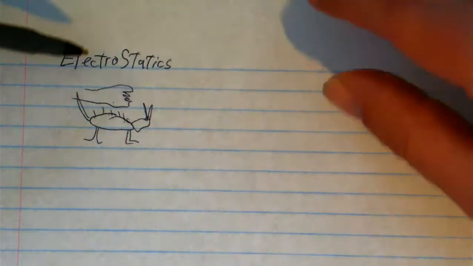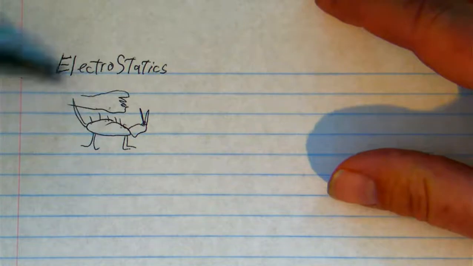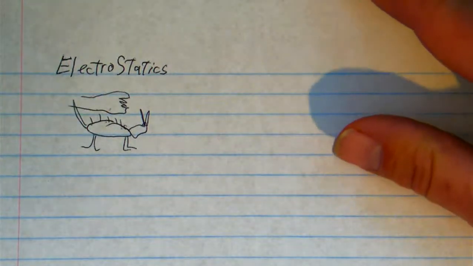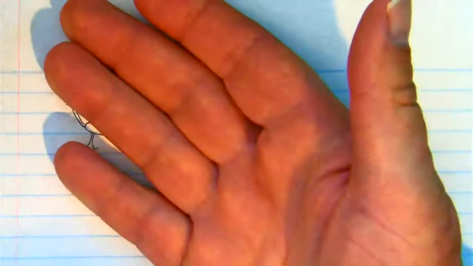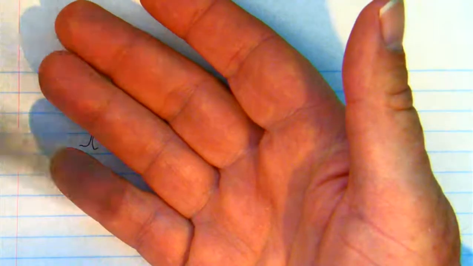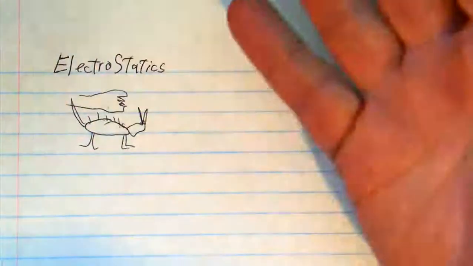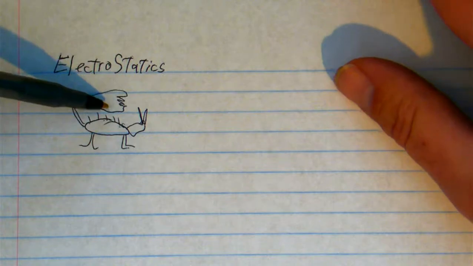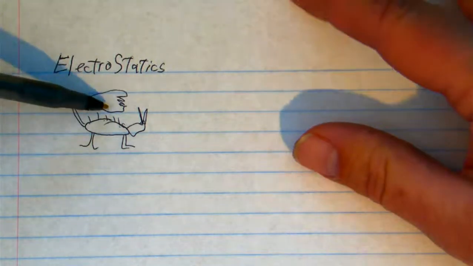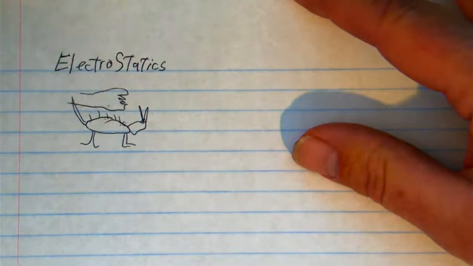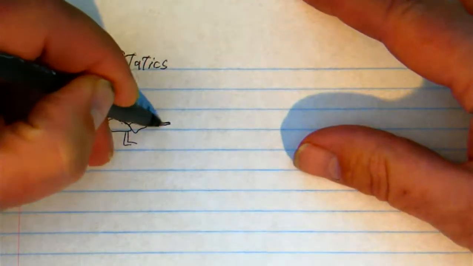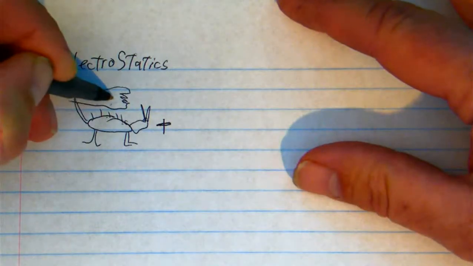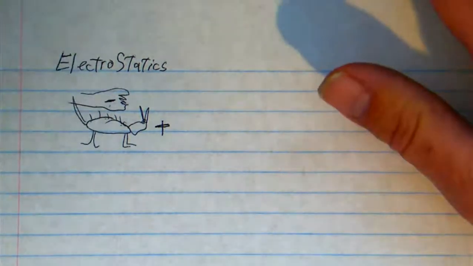All right, just before break, I was talking about America's first scientist and how he decided he was going to study this stuff. He imagined that there was some invisible particles on his hand. He could call it whatever he wanted. He could say that this was green and that was yellow. This was up and that was down. He decided that because he liked his cat, whatever was on his cat, he called that positive, and whatever it was he pulled off onto his hand, he called that negative.